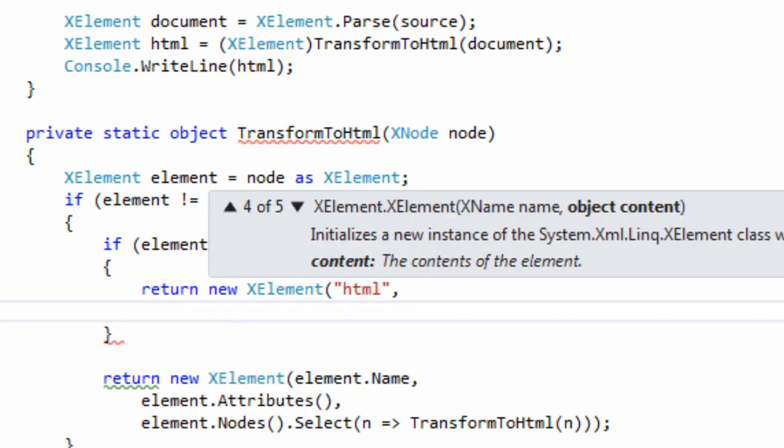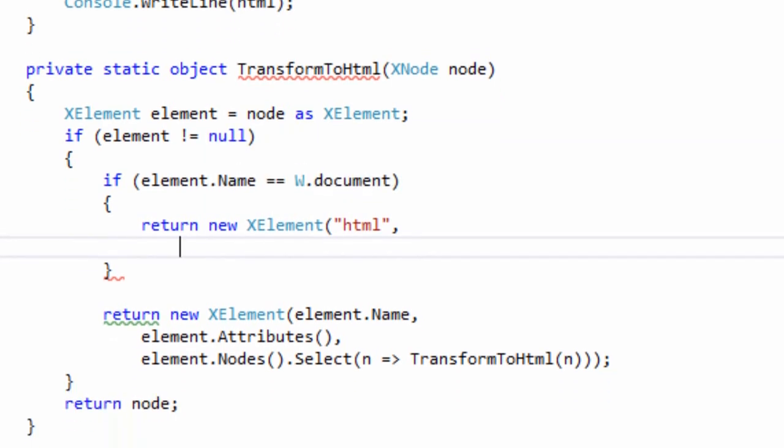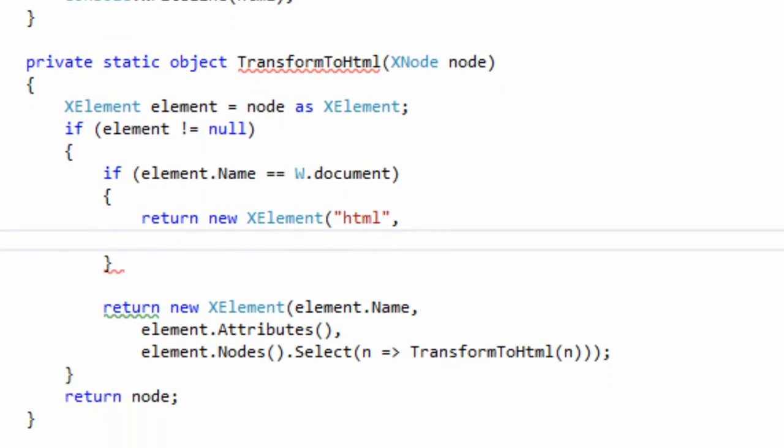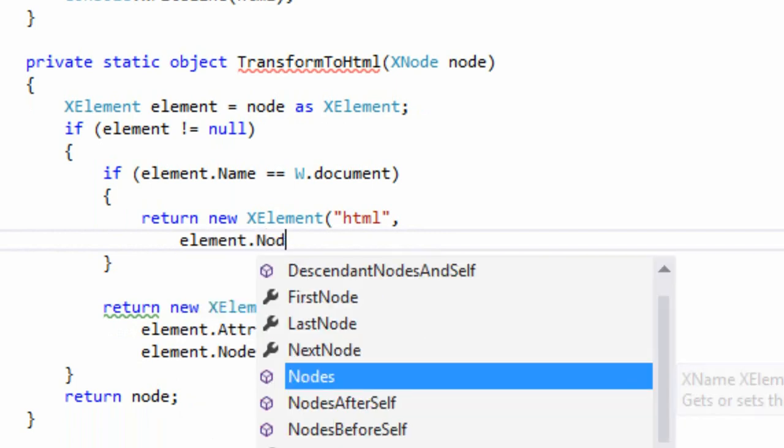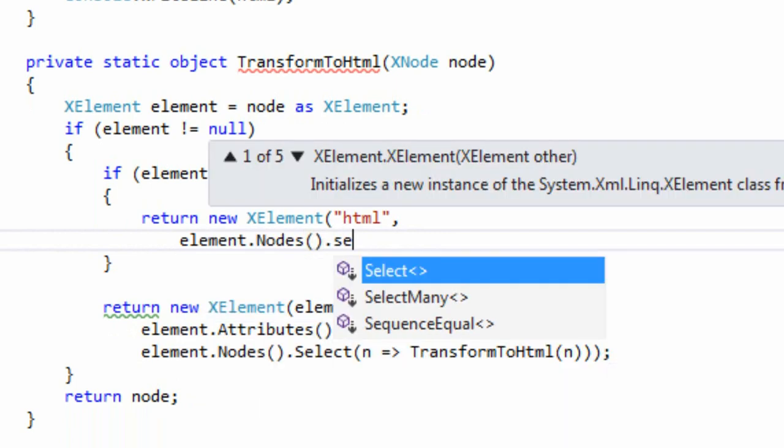Now I don't need to grab any of those attributes from the document element. And in fact, because this is a document-centric transform where we are transforming from one dialect to another, in other words, we're transforming from word processing ML to HTML, we're going to do a few things differently here. The nature of the transform is still the same. We're going to be approaching it in a certain way because it is a transform from one dialect to another. So I'm going to return new X element, and then I am going to take element dot nodes dot select